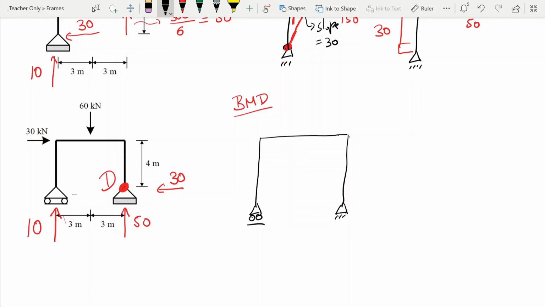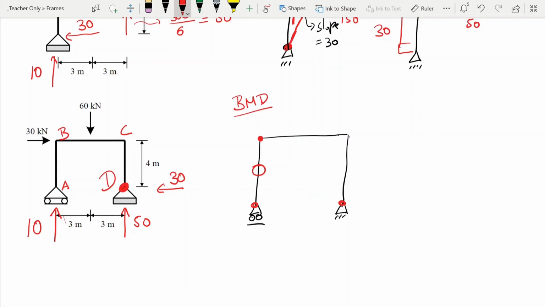So the first thing I know is that moment here is 0, moment here is 0, but then in this column here, so let's call it column AB, I know shear force has to be 0 as well, so the entire column will not bend. So then I know this moment here is 0, then I'm going to do the areas of the shear force in a little bit, and also I know that bar DC, so the other column on the right, will bend